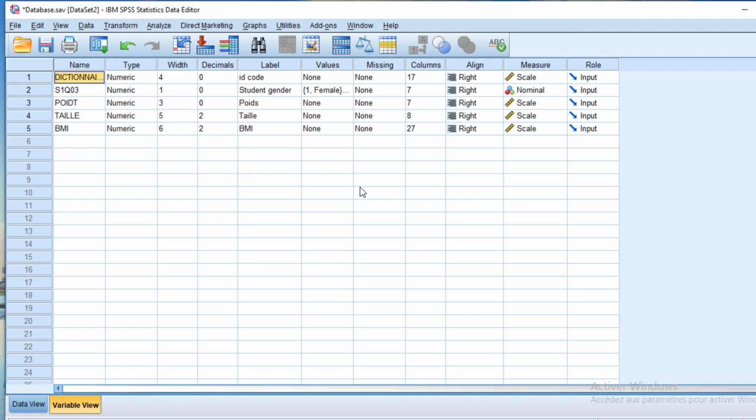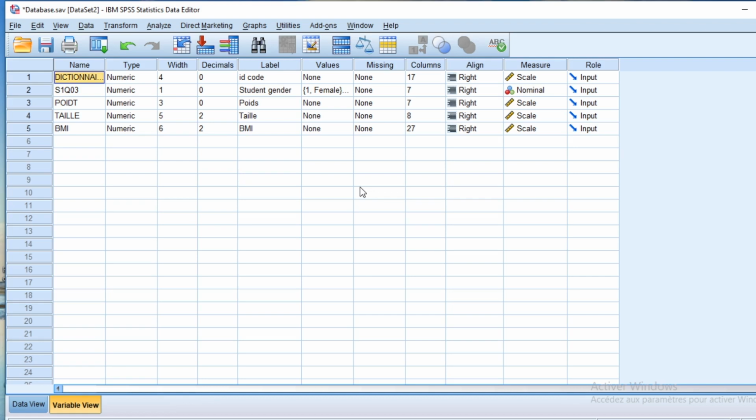So for this tutorial, we'll just take an example of body mass index. So we have a database on body mass index